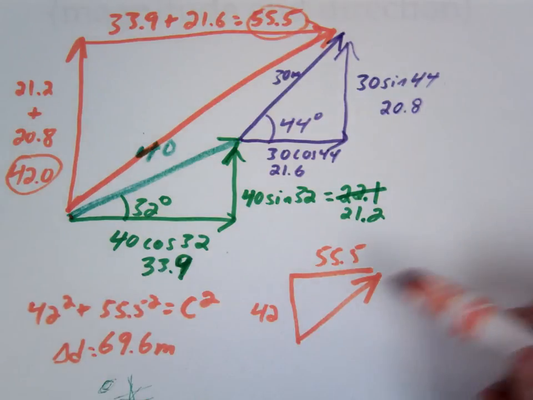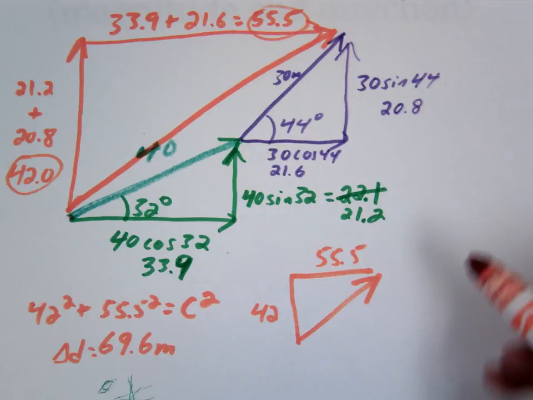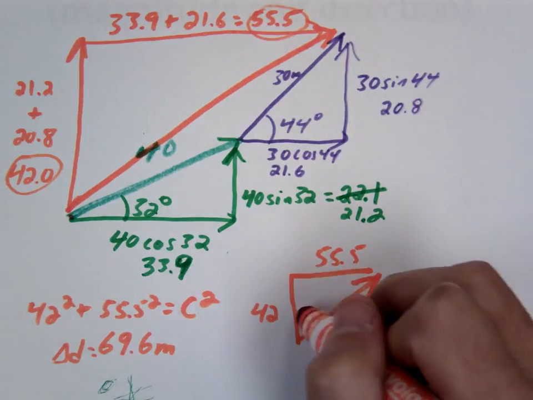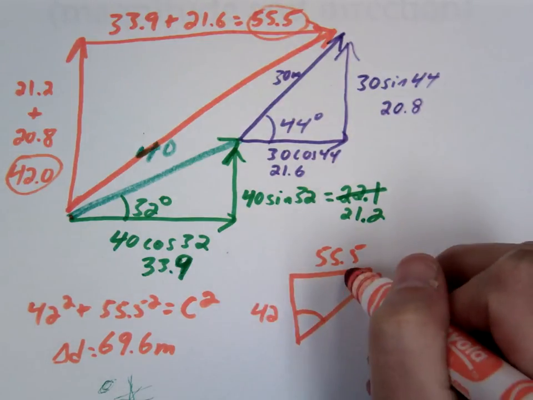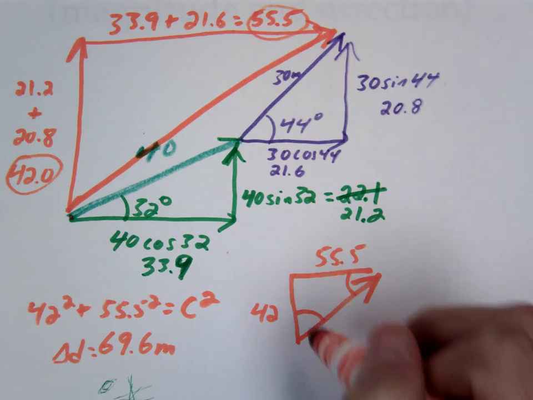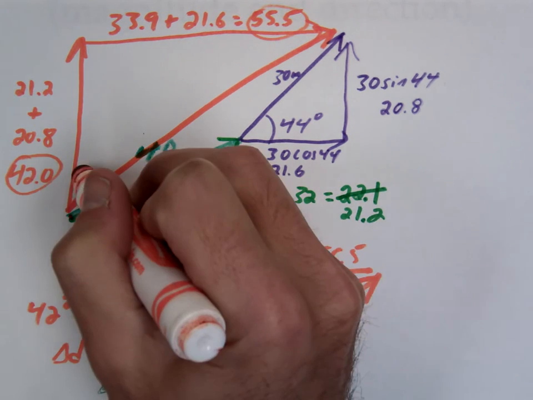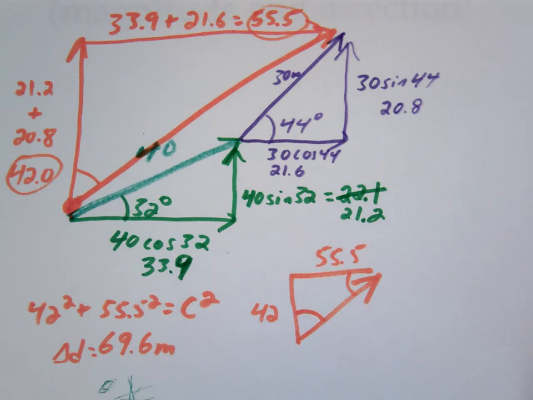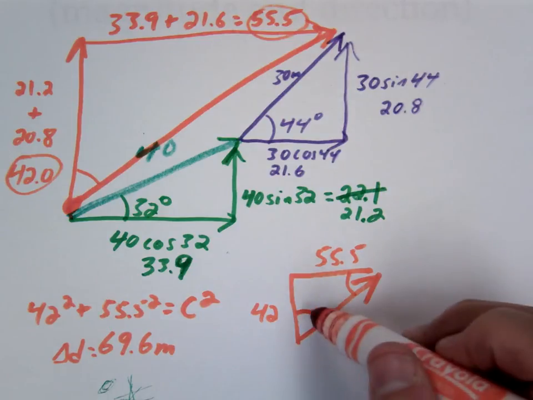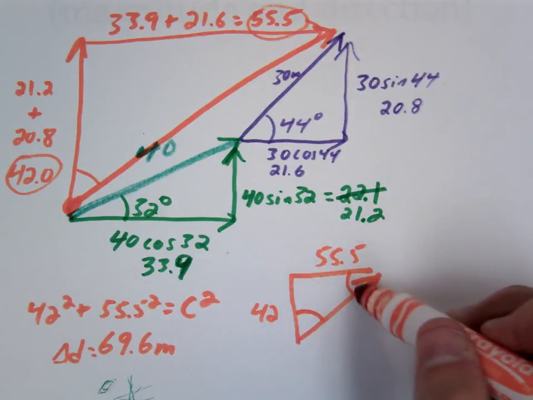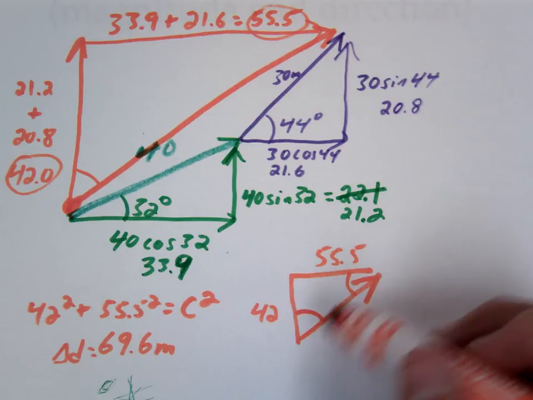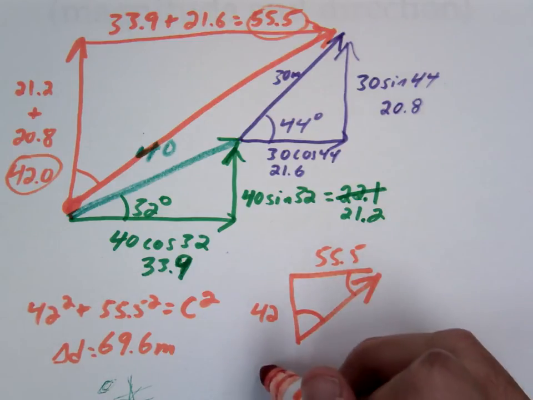Now it's still not enough, right? What else do we need? The angle. Now which angle are we looking for? Are we looking for angle 1 or angle 2 here? Angle 1. Remember, it's always the angle where you started. Also, you want to make sure the direction makes sense. This should be a northeasterly direction, and this angle is northeasterly. This angle is southwesterly. Doesn't make sense. Has to be this. So we're going to go tan theta